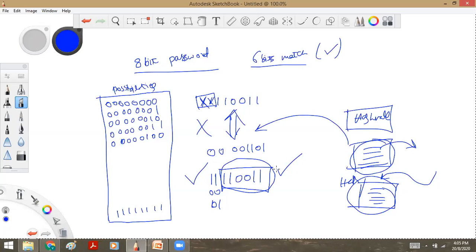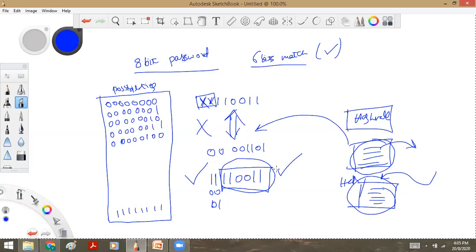And the protocol will make sure, or it is an algorithm, how the puzzle works is still a mystery. But the point you need to understand is, if the majority of the bits are matching, then you are deemed to have solved the puzzle.